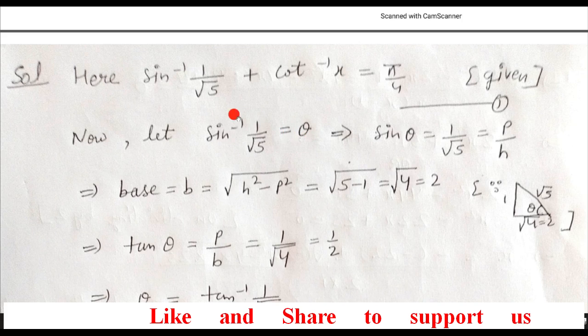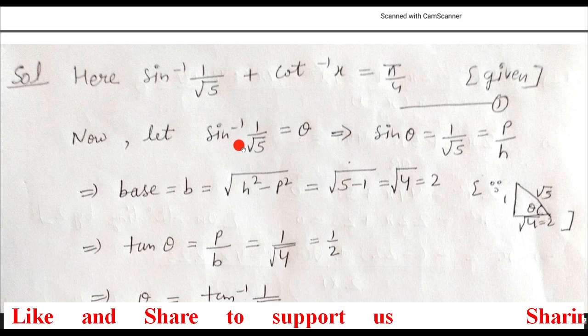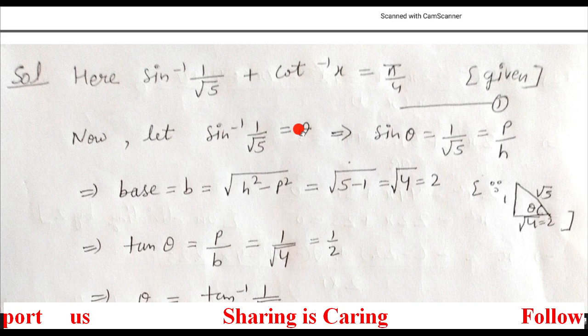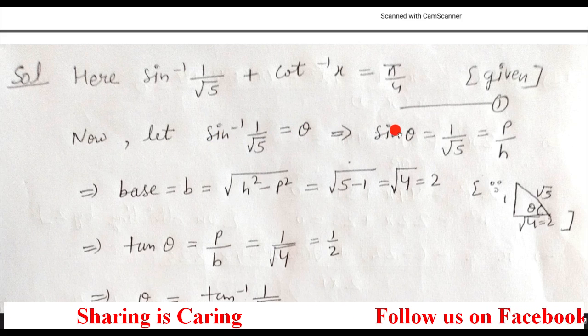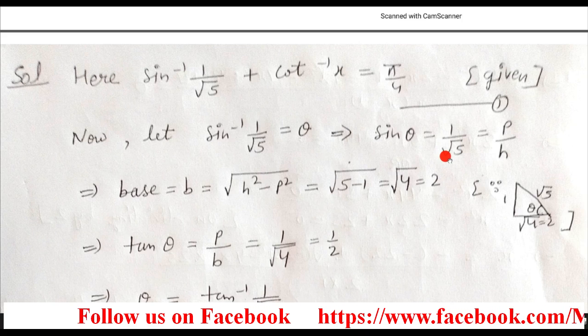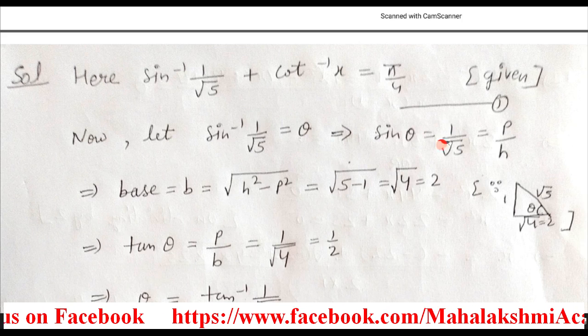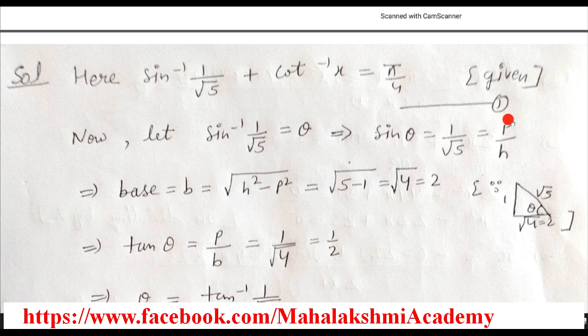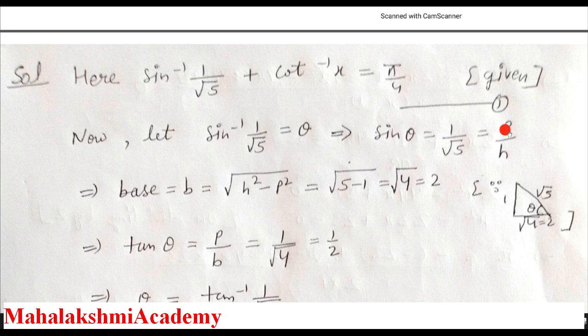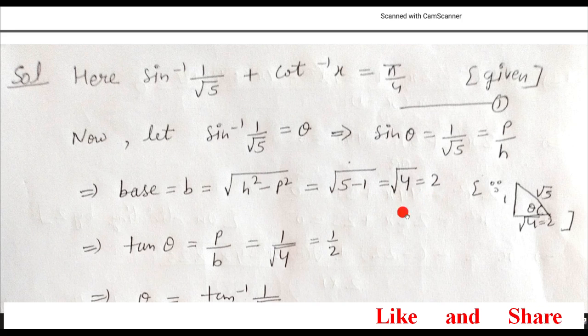It's very easy. So I started the conversion. For conversion, the first step is to assume the trigonometric ratio as theta. Then sin just shifts here, so it becomes sin theta is equal to 1 upon root 5. Now this is 10th class syllabus. So here students, sin theta is equal to 1 upon root 5. Sin theta is the ratio perpendicular upon hypotenuse in any right angle triangle. So perpendicular is 1 and hypotenuse is root 5. Easily you can calculate the base by Pythagoras theorem. By Pythagoras theorem, we got the base as 2.